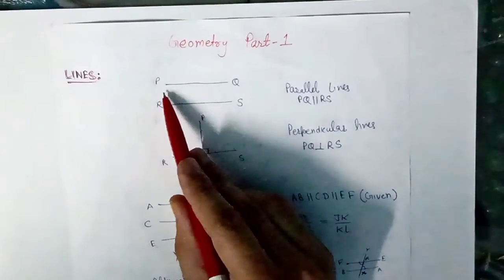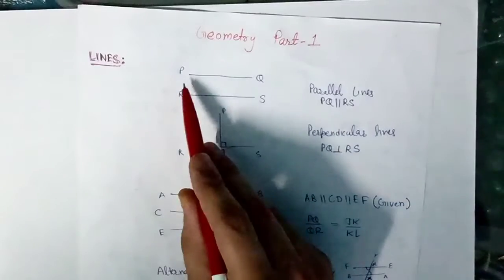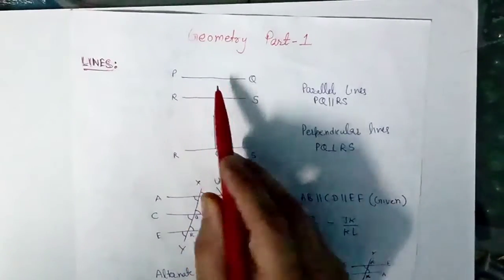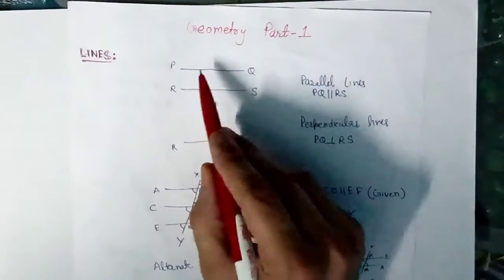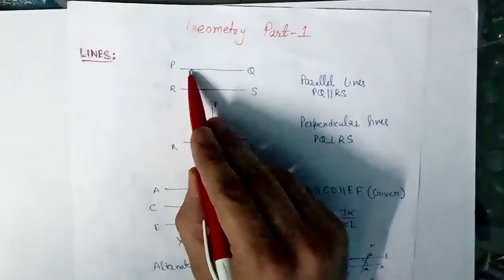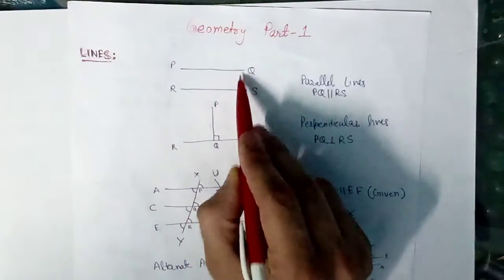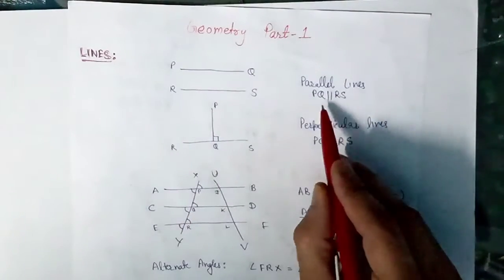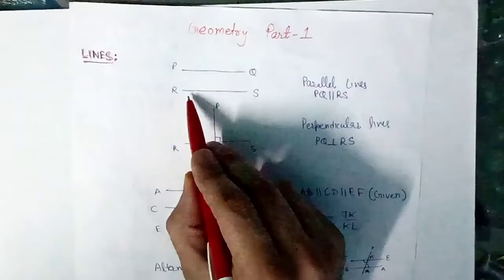Take two points P and Q. Joining these two points, we draw a line, and this is named as a line, the basic thing. Let's say PQ is a line and RS is a line, and the difference between each of the points is the same. So we call them parallel lines. These two lines are parallel to each other. We symbolize this as PQ is parallel to RS.